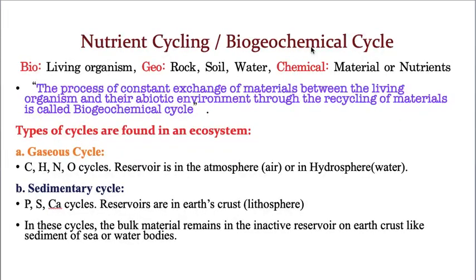Let us take one herbivore, the example of a cow. It feeds on the plant or its plant parts. Sometimes herbivores cannot consume the whole plant, because the plant may be a tree. In that case it takes a part of the plant like leaves. The plant is a producer, because it is an autotroph. It has the ability to trap sunlight and participate in photosynthesis, and prepare its own food material.